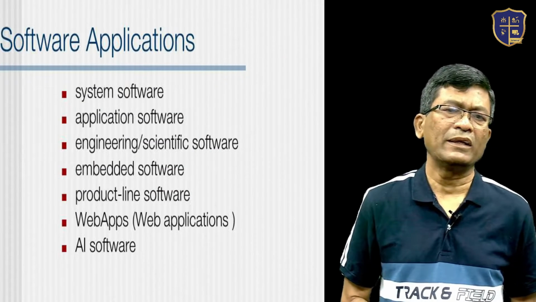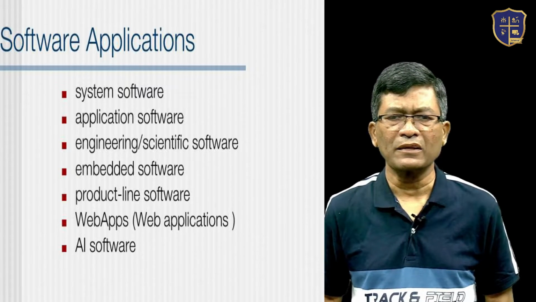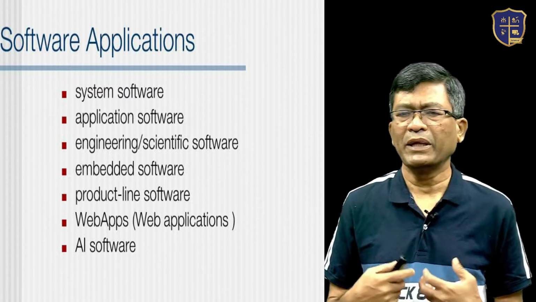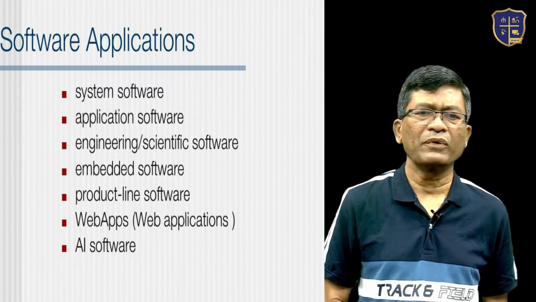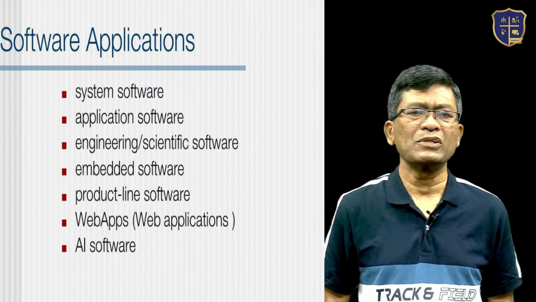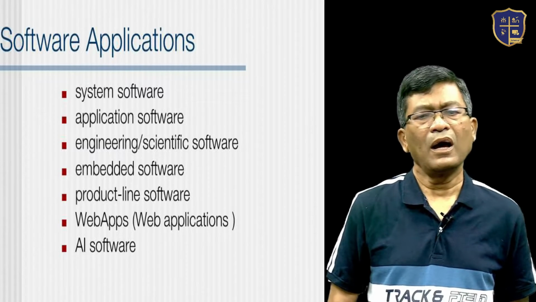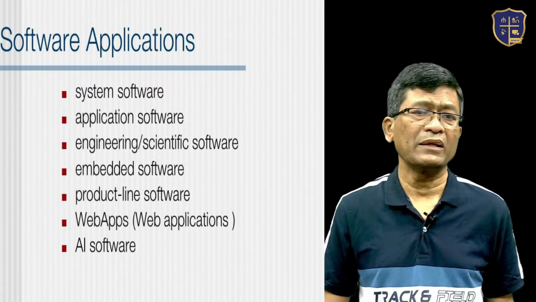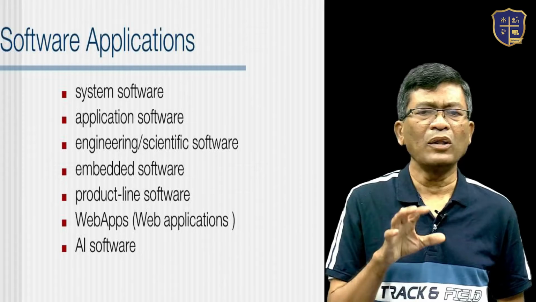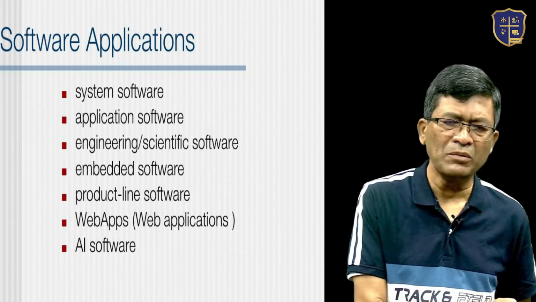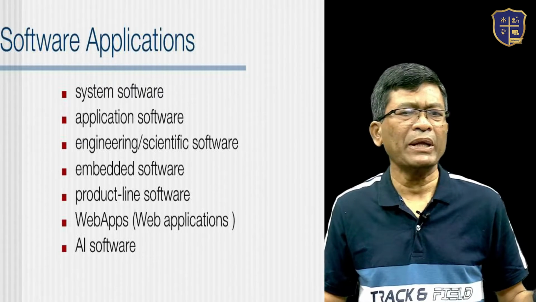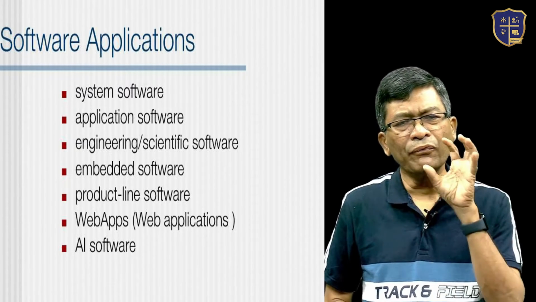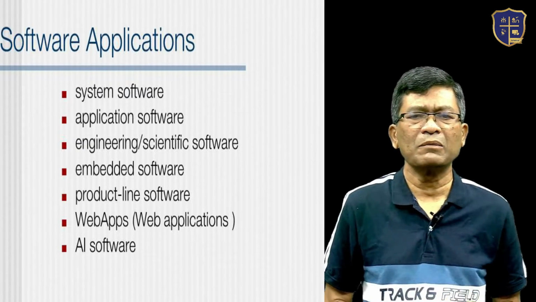You must be aware that different types of applications are there: system software, application software, engineering, embedded, product line software, web applications, AI software, and there are still many categories. Basically all these will come under either system or application. But however, it's good to elaborate this category and know the different types of software that is emerging in the